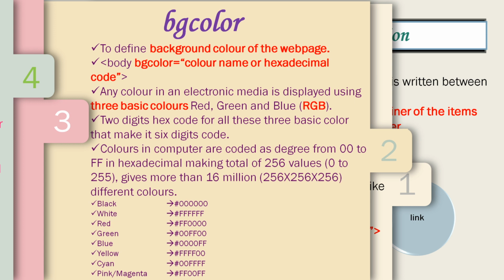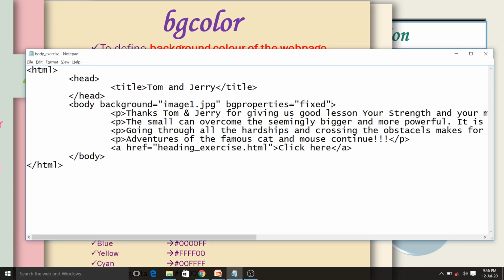All these three basic colors are represented using a two-digit hexadecimal code from 00 to FF. And you know very well, the hexadecimal code base is 16. That is 0 to 9 and then A to F. We don't write 10. Instead of writing 10, we write A. So naturally, instead of writing 15, we write F. 0 is the lowest index and F is the highest index. Here I will do it practically.